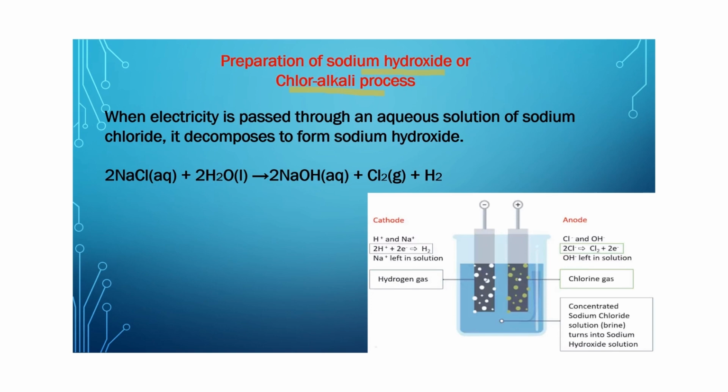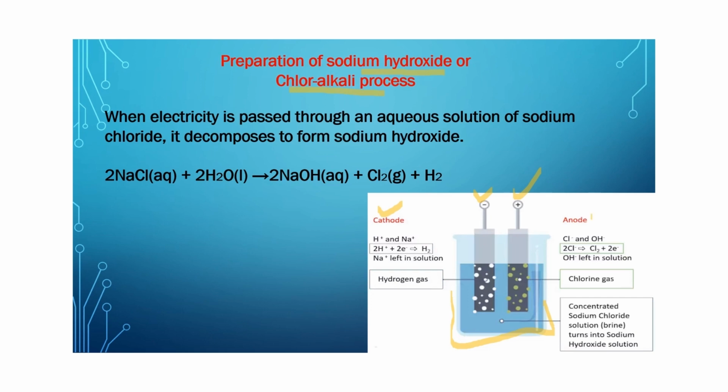How? Let's see. This is the figure and this is the apparatus containing the brine solution, which means aqueous sodium chloride is filled in this. There is one cathode and one anode. This is the cathode and this is the anode. Right. Now when these two are joined with an external circuit and electric current is passed, what happens? Electrolysis begins. The sodium chloride and water molecules begin to dissociate into their ions. Now as we know, at the cathode reduction takes place. So the hydrogen will get reduced, and hydrogen gas will be liberated at the cathode.